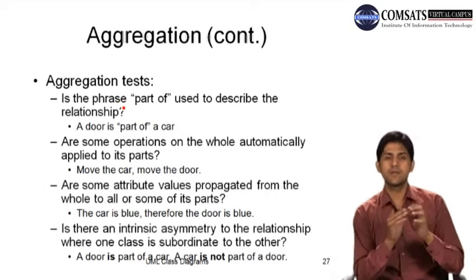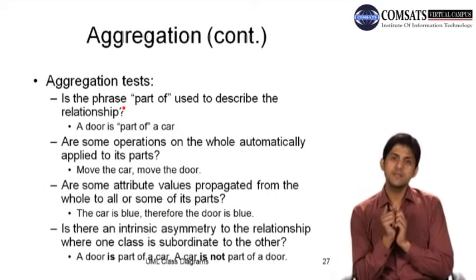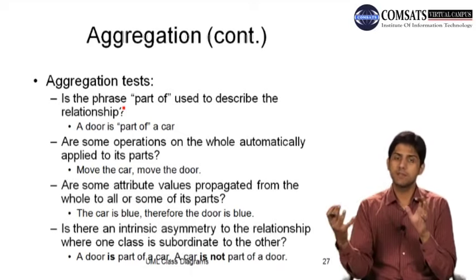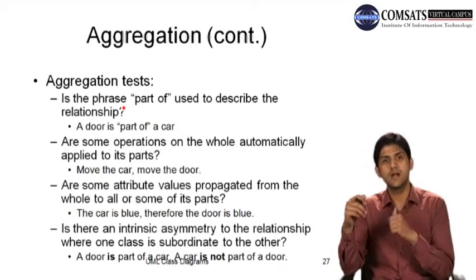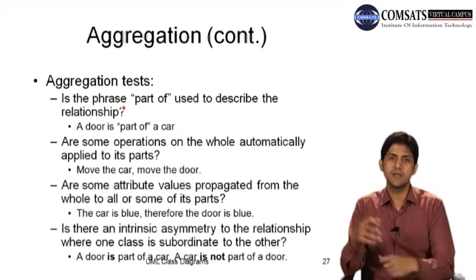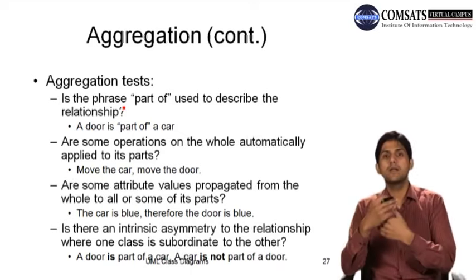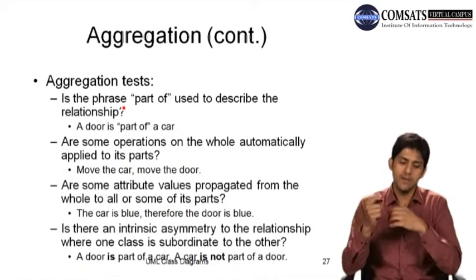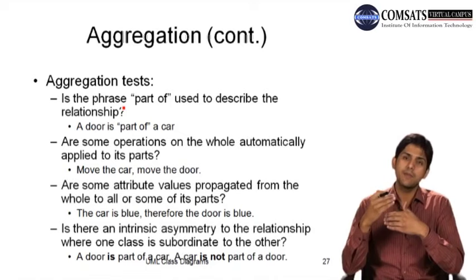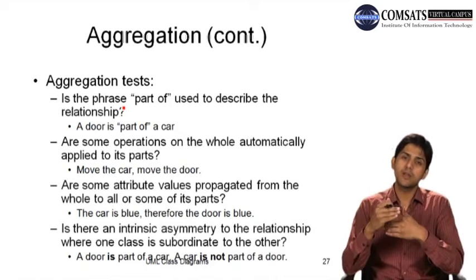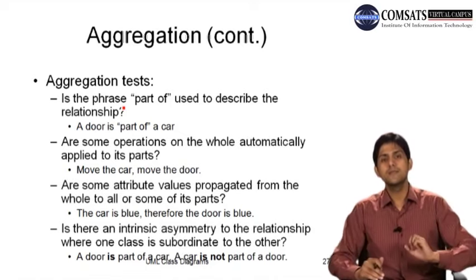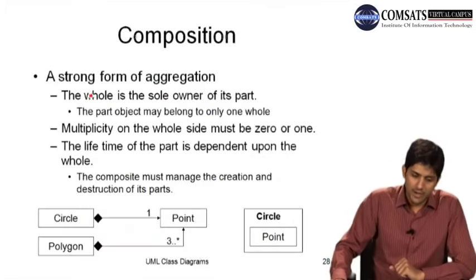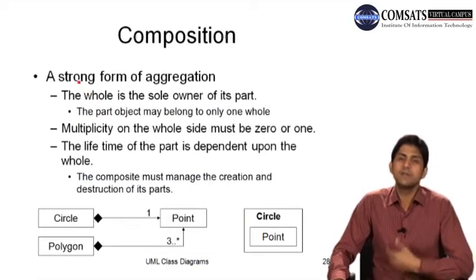पहली चीज तो ये है कि हम try this phrase is part of, ठीक है। दूसरी चीज क्या था कि if we do an operation on the whole then whether it affects the part। जिस तरह हमने कहा कि गाड़ी को अगर आप मूव करें तो दरवाजा भी साथ जाएगा। इस तरह अगर आप पूरी गाड़ी के कलर को कहते हैं कि एट्रीब्यूट क्या है, ब्लू कलर है, तो दरवाजों का रंग भी फिर ब्लू है, ठीक है। इसी तरह तीसरा ये है कि आप कहते हैं कि ये एक क्लास दूसरी क्लास की सबऑर्डिनेट है। तो these are the different tests through which we can see that whether the association is aggregation or not।